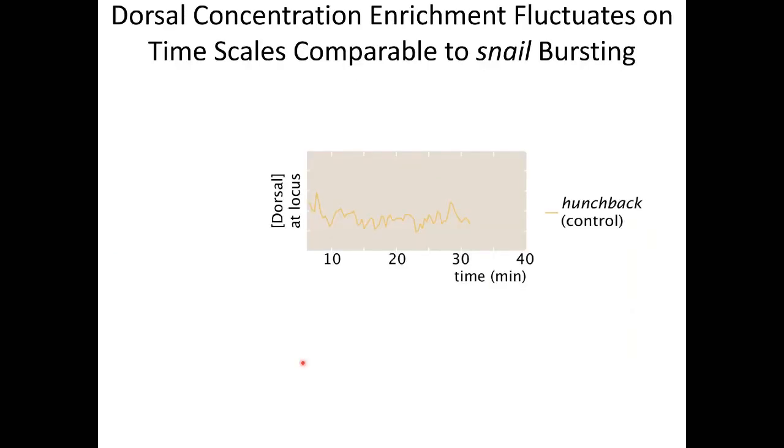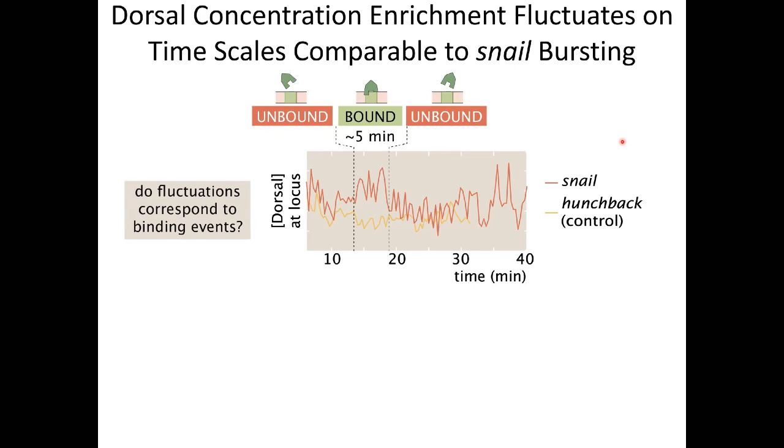So it turns out that there seems to be a dynamical signature to this local enrichment. Check it out. This is the dorsal enrichment dynamics at Hunchback, which is a gene that dorsal doesn't talk to. So in principle, this is our negative control. This is the dorsal enrichment dynamics at SNIL, at the locus that it targets. And you see repeatedly these little fluctuations that seem to be higher than what we see for Hunchback. One of the things we're exploring now is whether these transient fluctuations actually correspond to unbound and bound binding events, because they last 5 minutes. So this would be very interesting if these are actually the functional binding events that are leading to bursting.